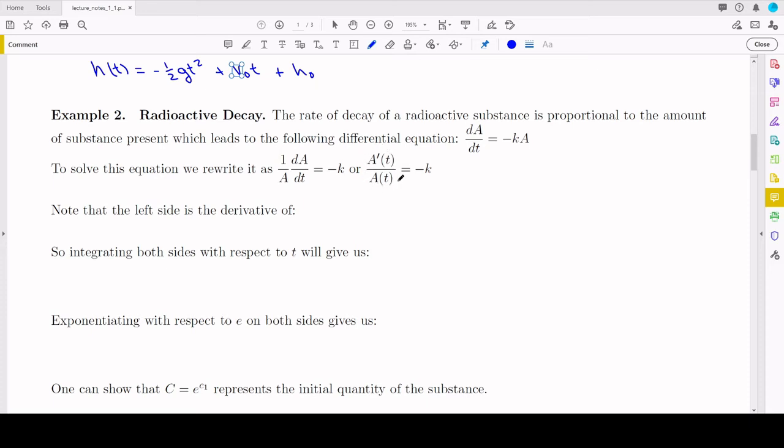Now, the left side of this equation is a derivative of a special function. So note, if you take ln of A of t, and then you take the derivative of that,